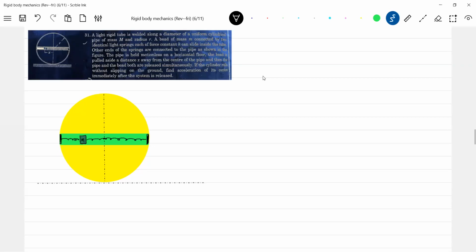Mass of this rigid, okay, this capital M, no, let me write M naught, I'll write it. So it'll be easy for me because small m, I may go wrong. M naught and radius R. This is a rough surface. Are you able to understand the diagram? Now, what is this? This is a tube. This is a pipe, a uniform cylindrical pipe.